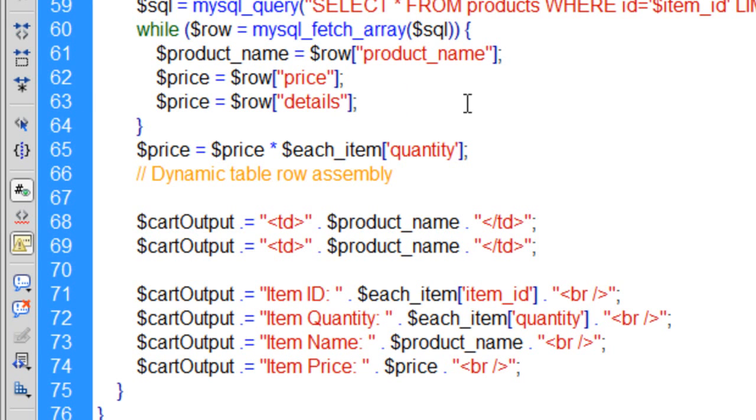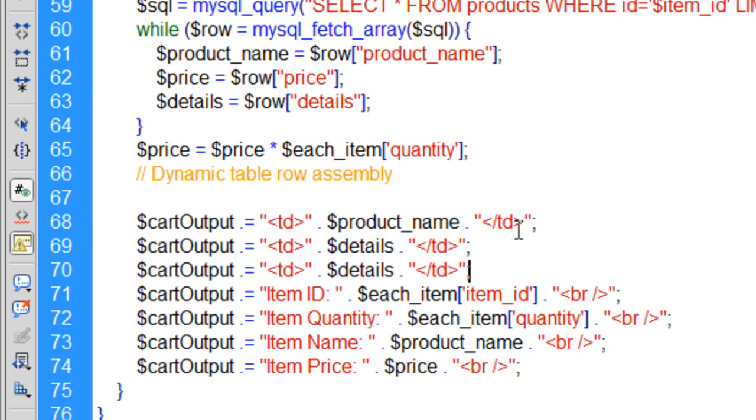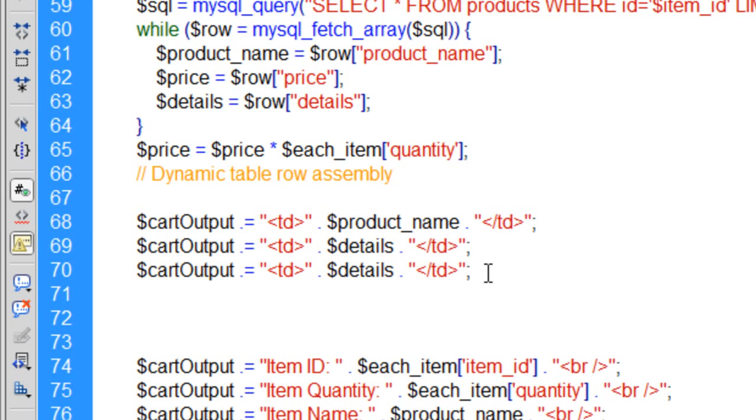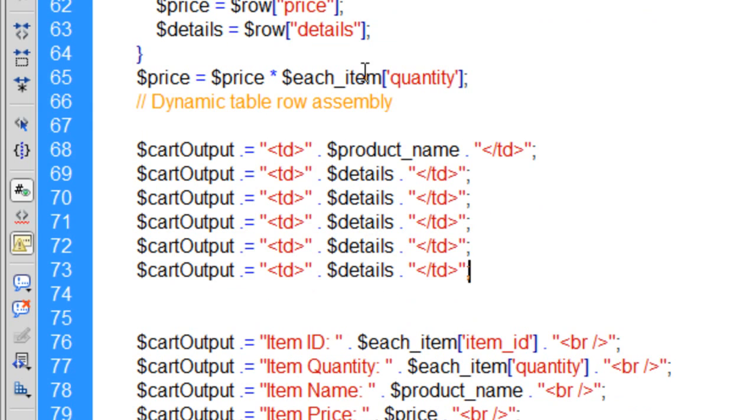Let's make sure this says details and details. So we're accessing the details from the MySQL query for that item. We can put that right here. Details. That's going to be the second table cell in that row. Now let's make sure we have 6 altogether. 4, 5, 6. So the next one, so we had details,